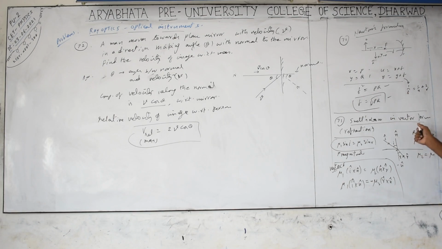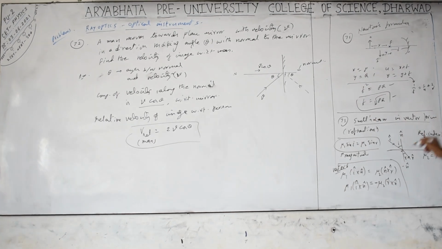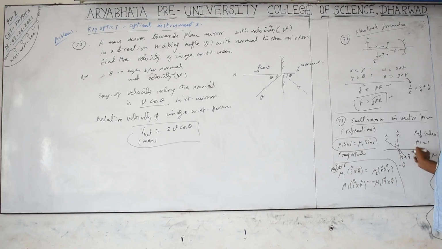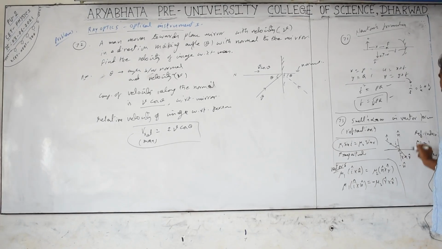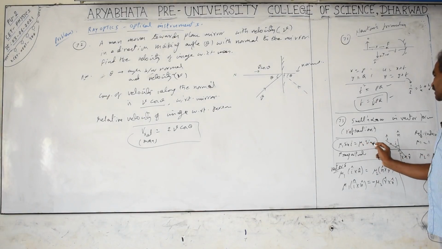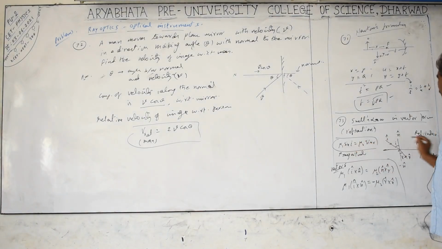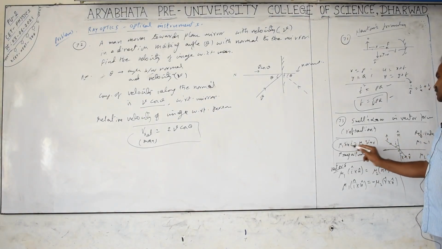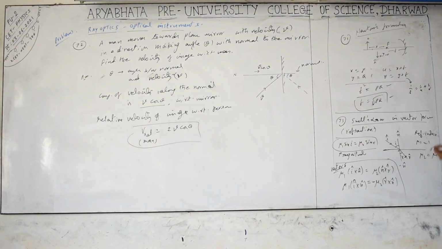Next is Snell's law in vector form. Snell's law in vector form, question number 72, I will explain after this. Question 73: Snell's law in vector form for refraction. Here n is for the normal to the surface. You are taking medium 1 and medium 2, with light rays traveling from one medium to the other. Snell's law is sin i by sin r equal to n2 by n1. I am giving the refractive index as mu2 and mu1, so sin i by sin r equal to mu2 by mu1. If mu1 is 1 and mu2 is mu, this is for air, where mu is approximately 1.